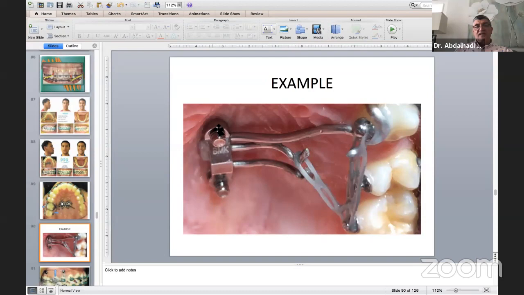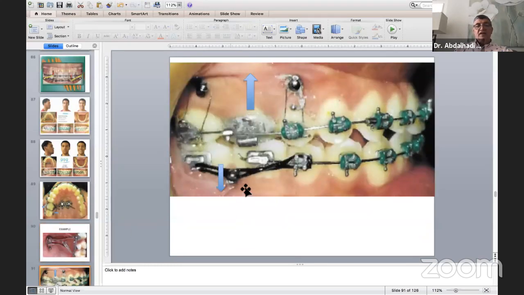I installed half of the Marpe with 2 screws and I attach elastic from the bottom TAD to the Marpe. So here you can see that I also installed another TAD in the lower, between the teeth, to keep the space of the molar down. I don't want to intrude the upper molar and then have the lower molar follow it. No, I want to keep this space to help the lower jaw take its place.